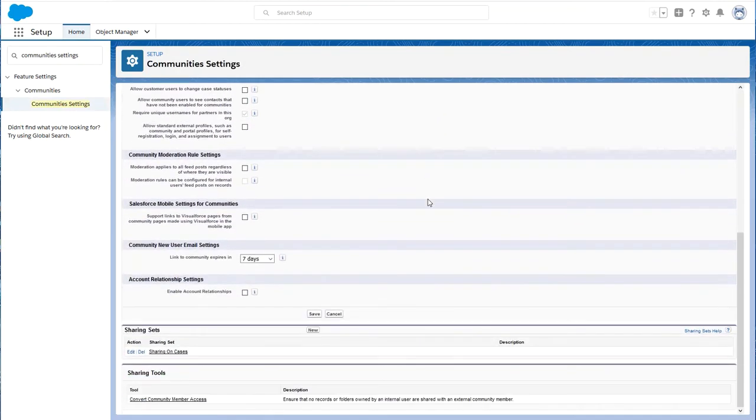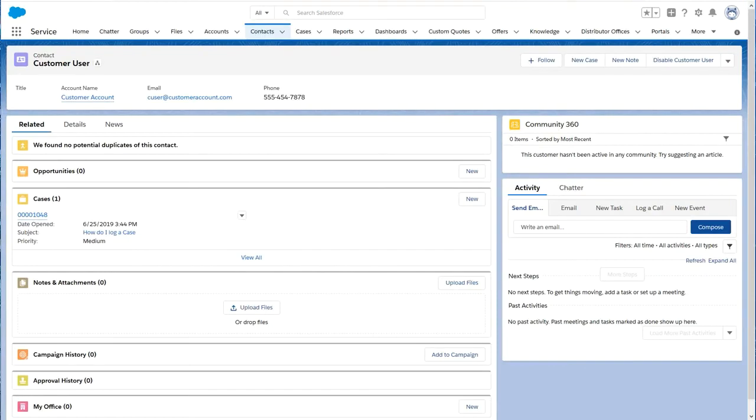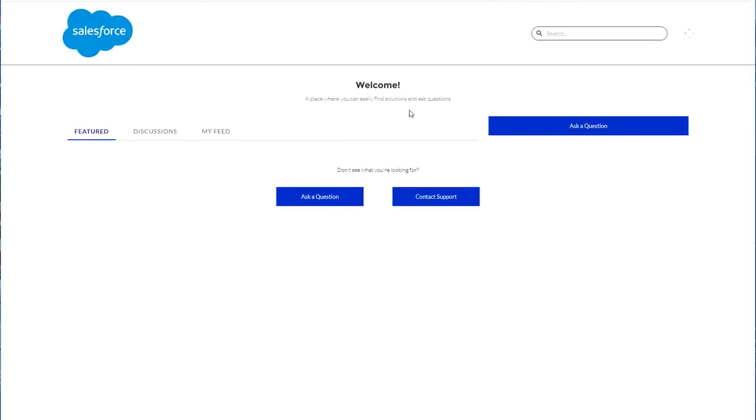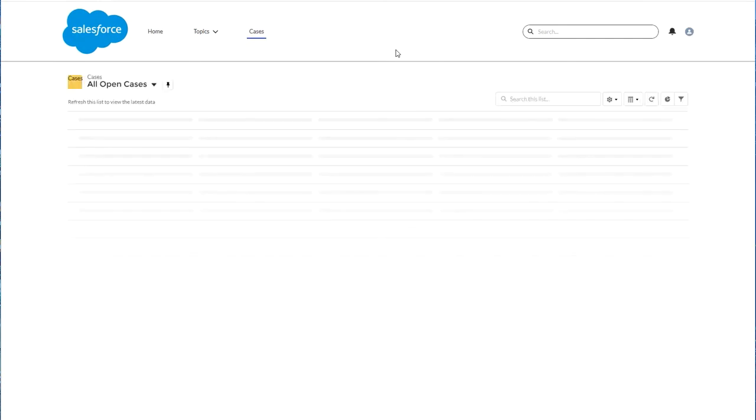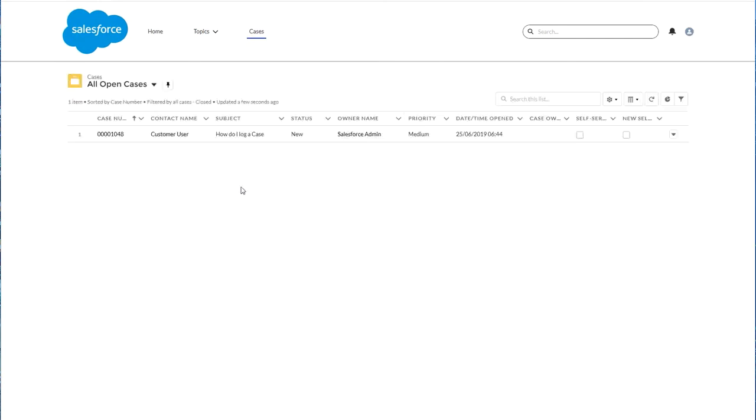We scroll down, and we can see the sharing set is now active. Let's navigate back to that contact record, and let's log back into the community as that user. Click on Cases in the navigation menu. And as you can see in the list view, the case is now visible, and we can click on that record